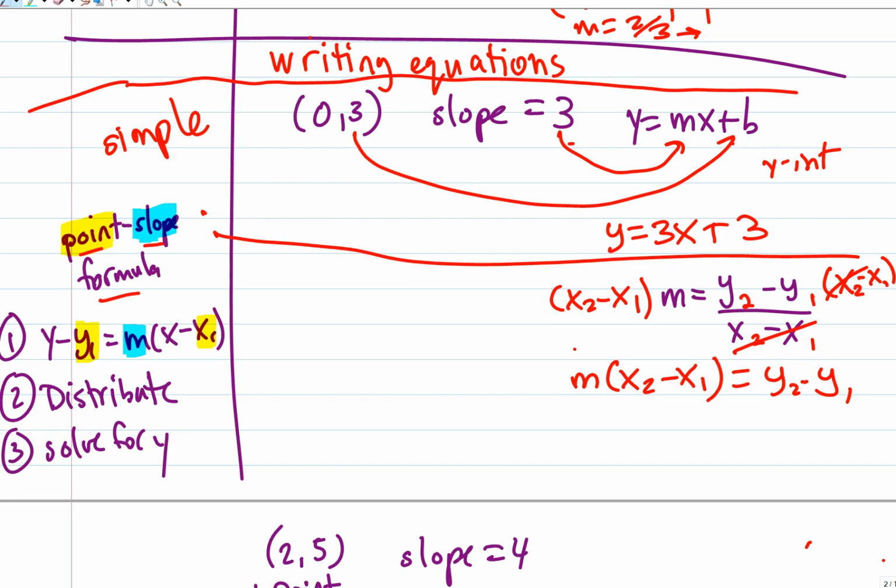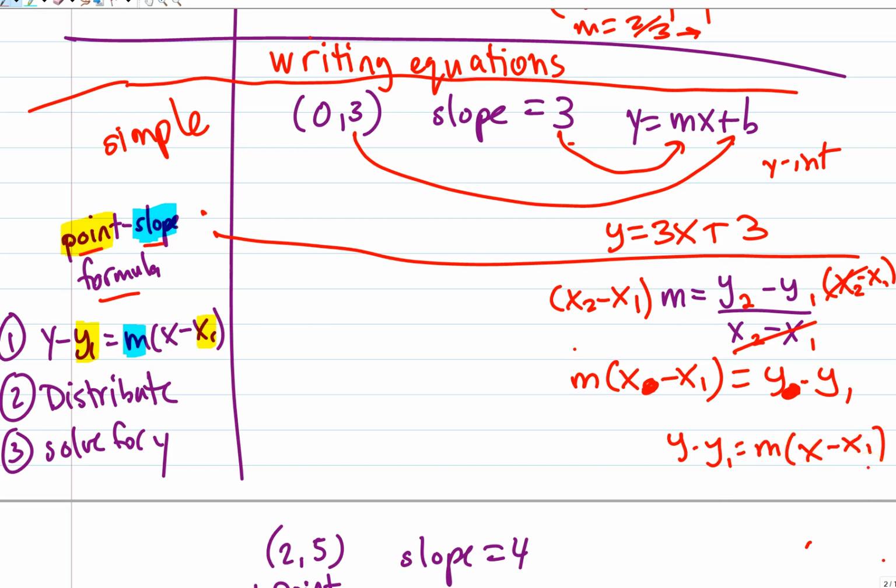Here's the difference. When I use the point slope formula, I'm not going to use 2 points. I'm only going to use what? 1 point. Means I don't need this 2 anymore because I'm not using 2 points. I'm only using 1. What equation did we just create? y minus y1 is equal to m times